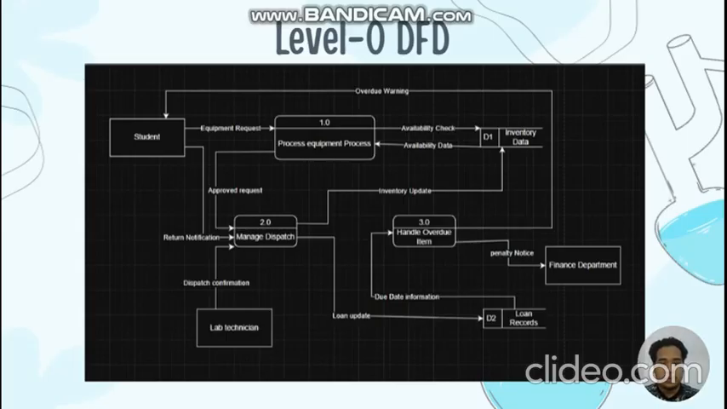Assalamualaikum warahmatullahi wabarakatuh. My name is SHAHRULFIRDAUS bin SHAHRULNIZAM. I will be explaining the level 0 data flow diagram for the lab equipment checkout and tracking system. This diagram shows the three main processes in the system, which are process equipment request, manage dispatch and return, and